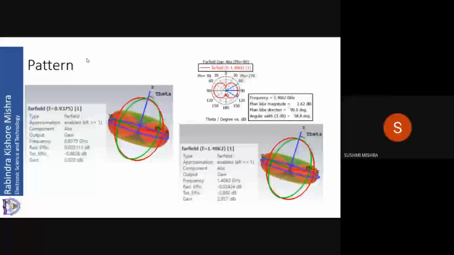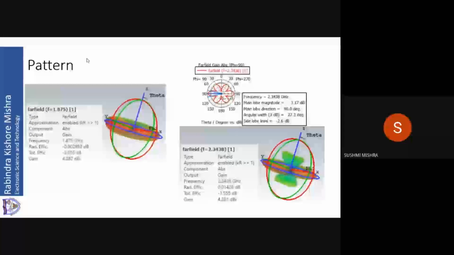So that is one thing that we saw now. This we had discussed tentatively in the last class. This class I am showing you the simulated results. The next one is, if it is 1 lambda, whole length equal to lambda, then the topmost. Again, it becomes narrower, gain is slightly increased.